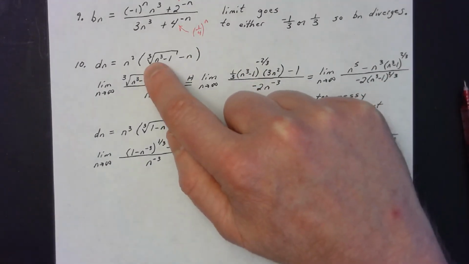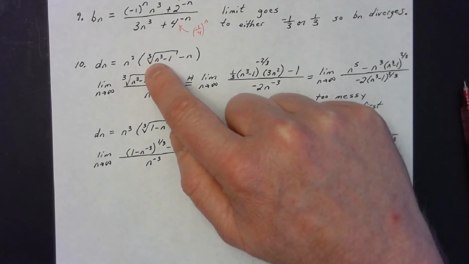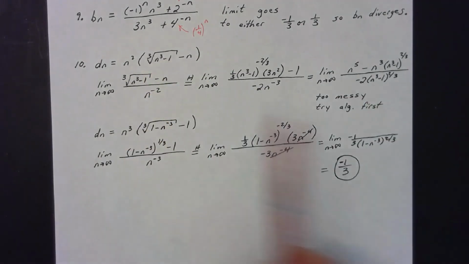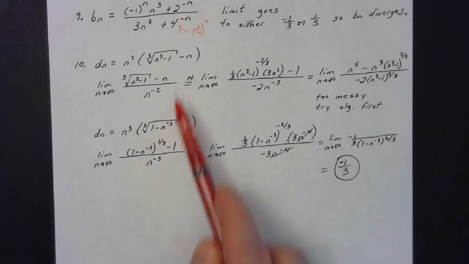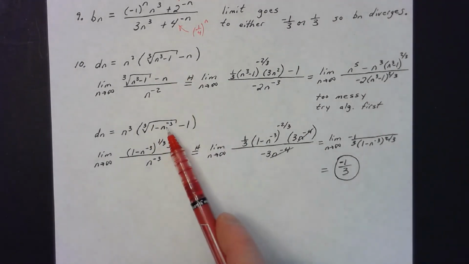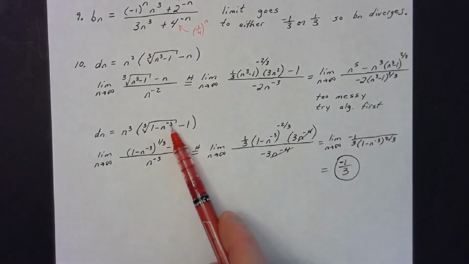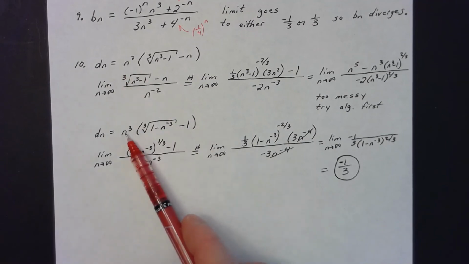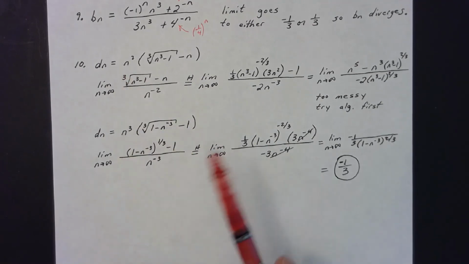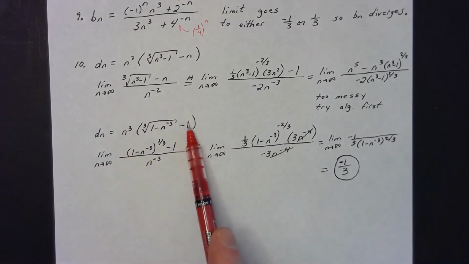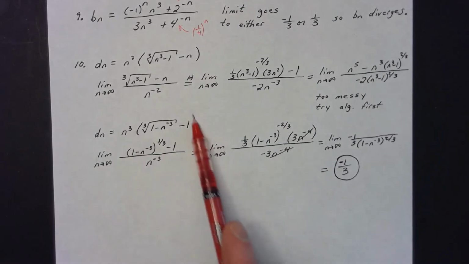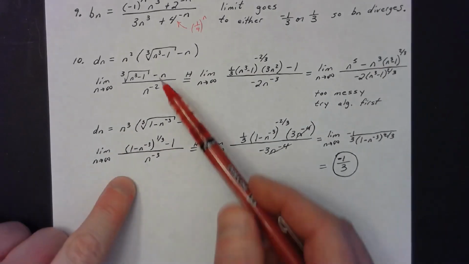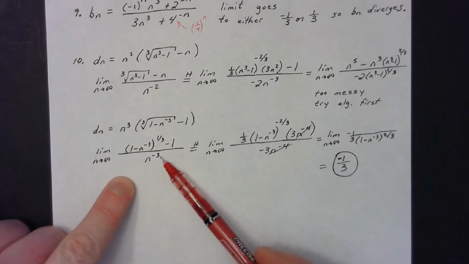The first term you could factor out the cube root of n cubed and say, well, if I factored out the cube root of n cubed, my first term is going to become a 1. N cubed divided by n cubed is 1. The last term, 1 over n cubed, becomes n to the negative 3 power. Now, if I factor out that n, the n squared becomes an n cubed on the outside. And then I can say, okay, now let's try to use L'Hopital's rule. I left the part in parentheses inside my numerator, and then my denominator becomes n to the negative 3rd power.